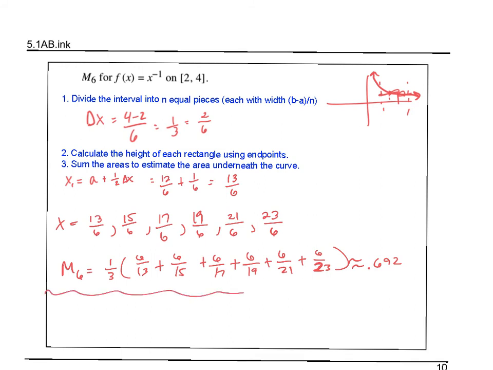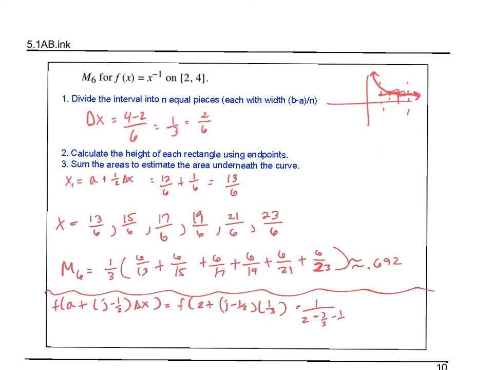So again, for the summation notation, we're going to use f of a plus j minus 1/2, now because it's midpoint, times delta x, which is f of 2 plus j minus 1/2, times 1/3, which ends up being 1/2 plus j over 3 minus 1/6, 6 over 12 plus 2j minus 1. So M6 equals 1/3